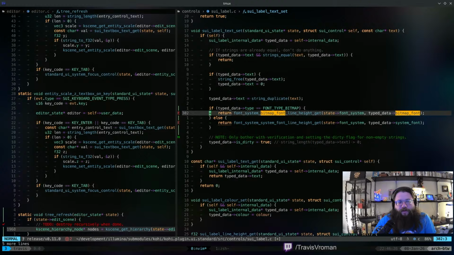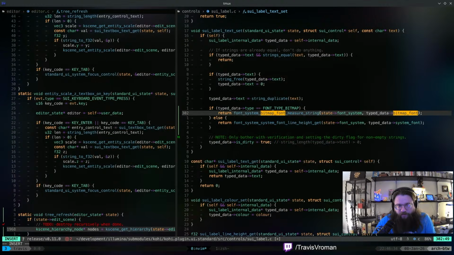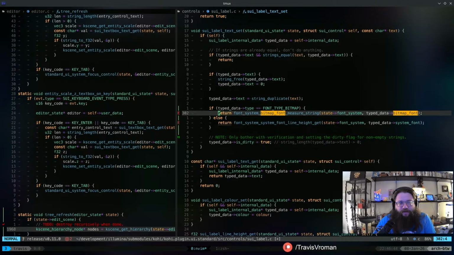All right, so if we have a bitmap font, then we need to do font system bitmap font measure string. That's what I'm looking for right there. And rather than returning, that should give us a vector2 out, right?